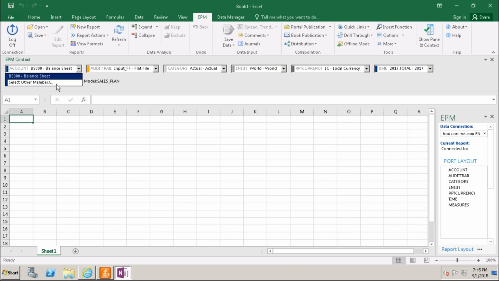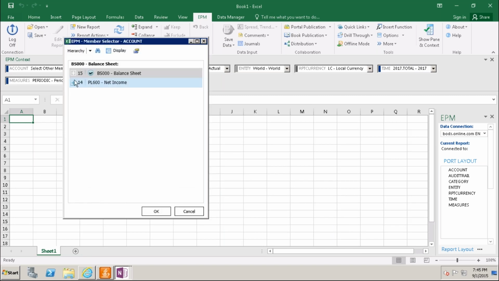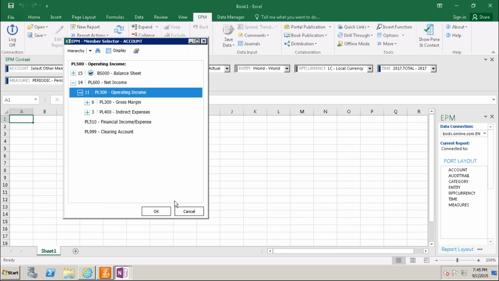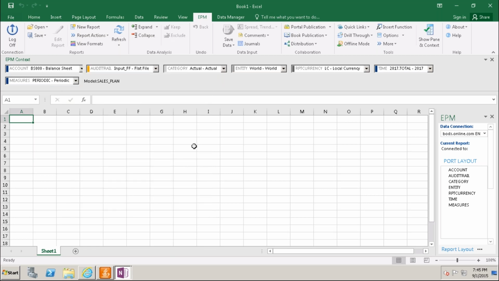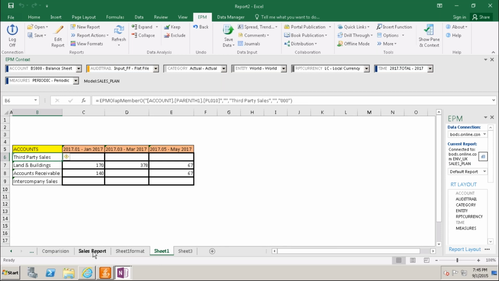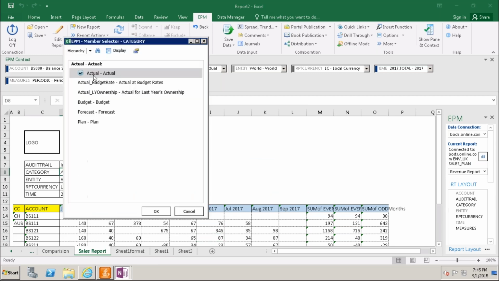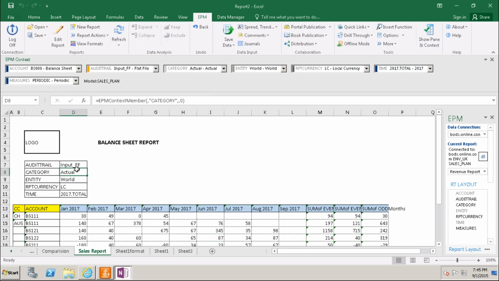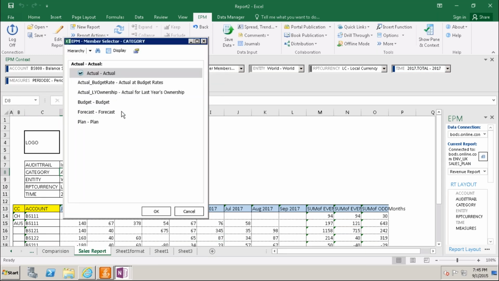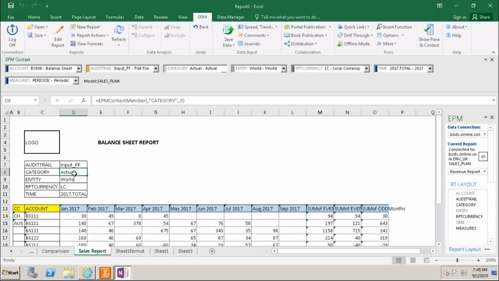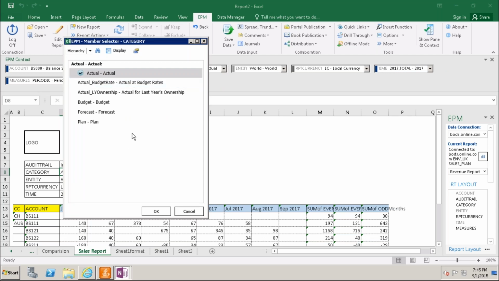Here I know these are the context options. See here, this is the sweet one, report. See here, in my sales report, I already provided the user to open here. Again, this category is also open for him. Why both ways? The same thing here, EPM member selector. When I click here, EPM member selector.